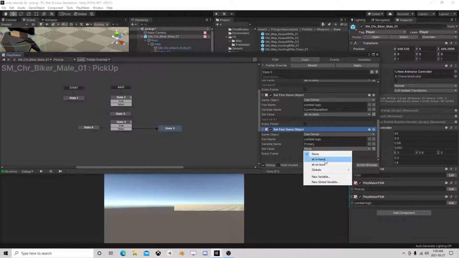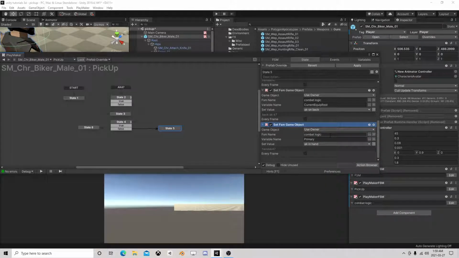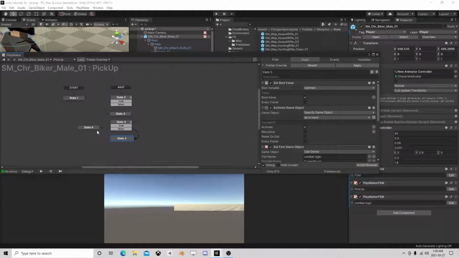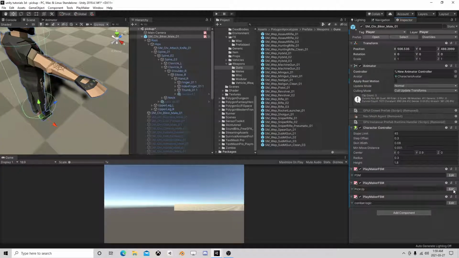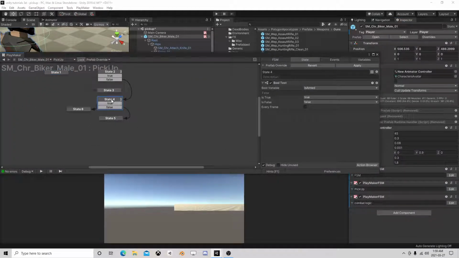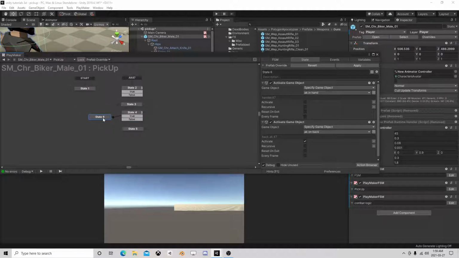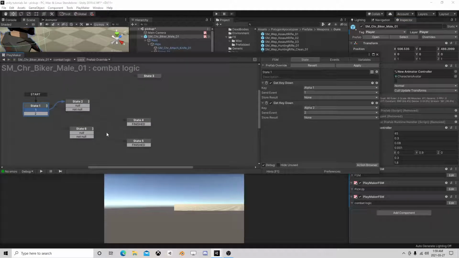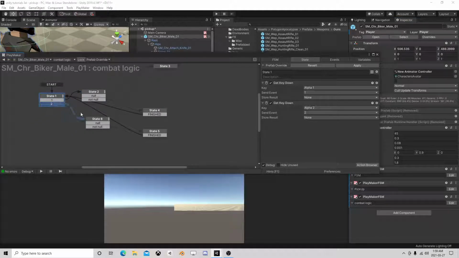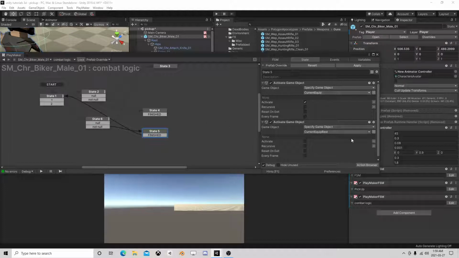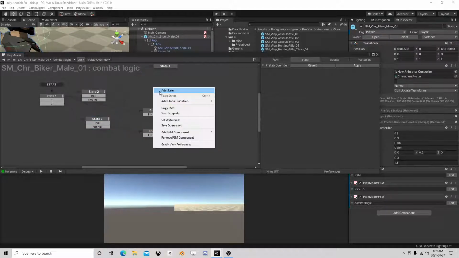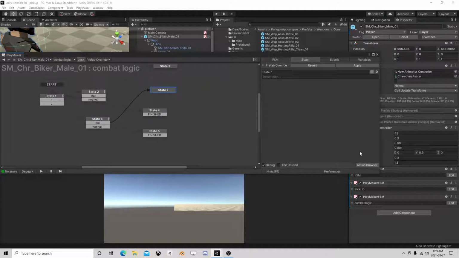So this would be, well, I guess it really doesn't matter. AK in hand, I guess, could be that one. So we would now have a primary. So over here now, if we hit that number 2, okay, is current equipped null? Well, if it's not null, we're going to make it null. But if it is null, then we want to